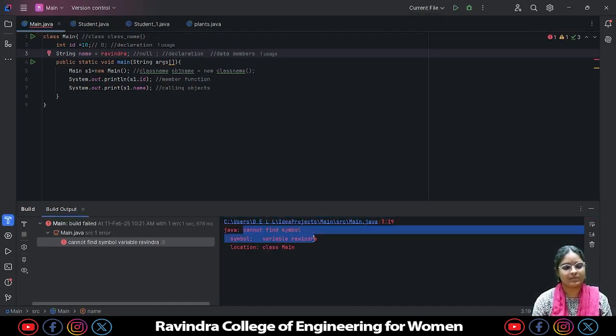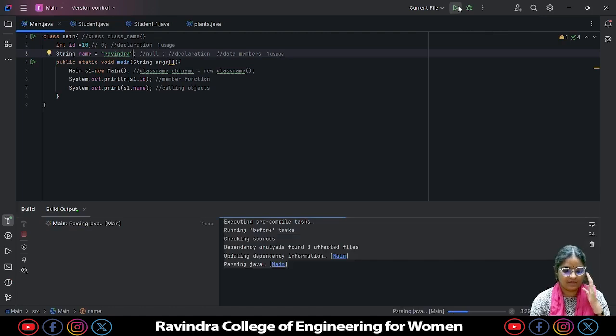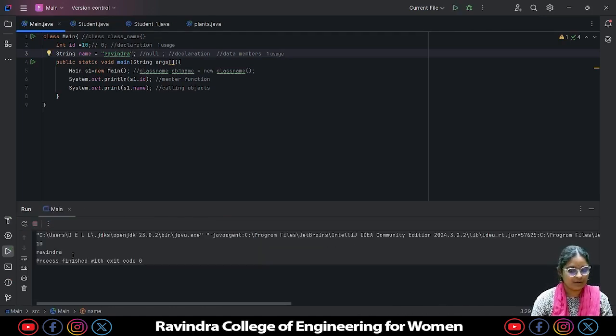What type of symbol? We have declared it. Again, it shows the variable Ravindra. See, the symbol variable Ravindra itself shows an error. If you are not giving any quotes here, it will give an error, can't find symbol. Now if you give it the quotes and run, it will give 10 and Ravindra.